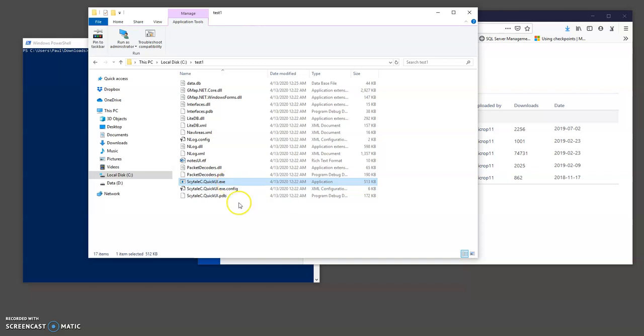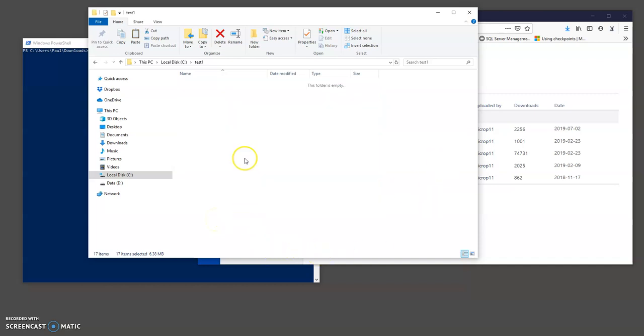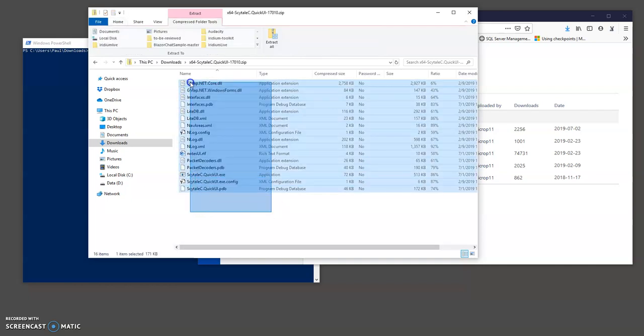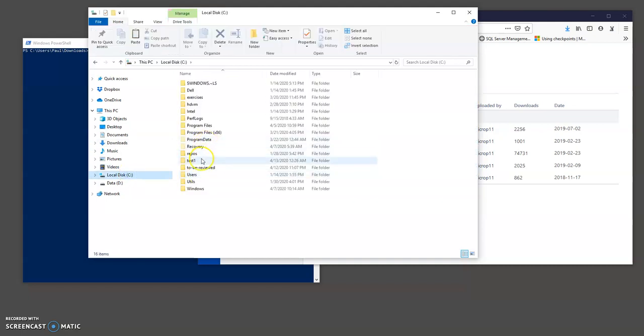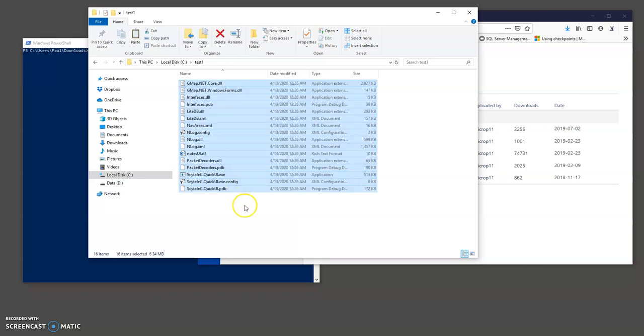So I'm going to go back to the archive that I downloaded. So go back to the downloads, and this is the file that I downloaded. So I'm going to copy the content again, and I'm going to put it back into that test folder. And I go to this file,